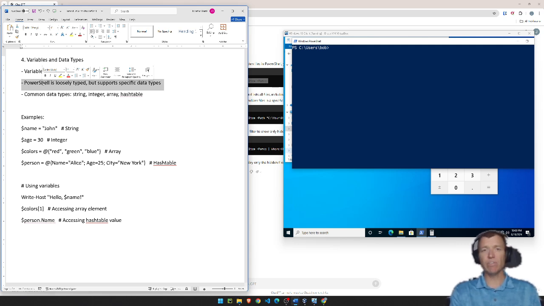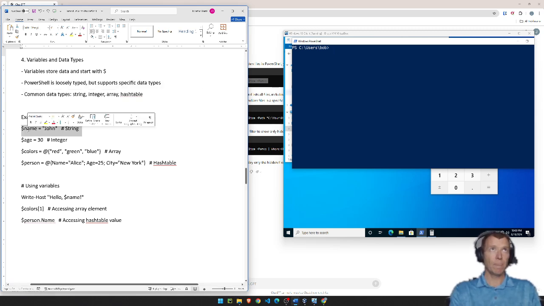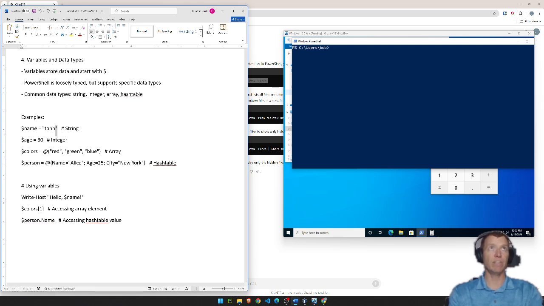PowerShell is a little nicer than that. It lets you loosely type it. So as you define the variable, it gets the type implied from whatever you're passing into it. In this example, this is a string because remember, strings start with a quote sign and end with a quote sign. So that tells us that it's a string. And so in this case, we're going to store a variable called name